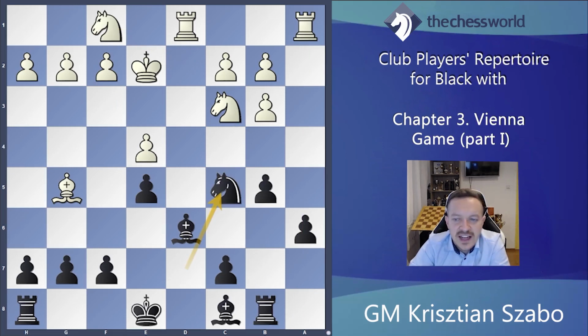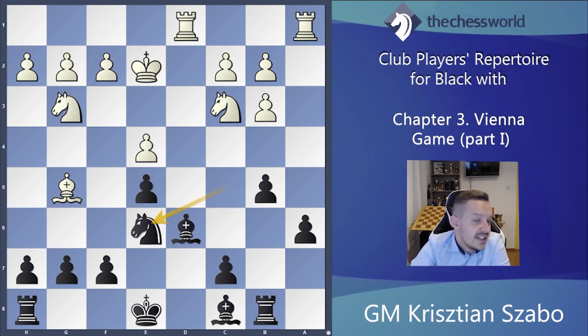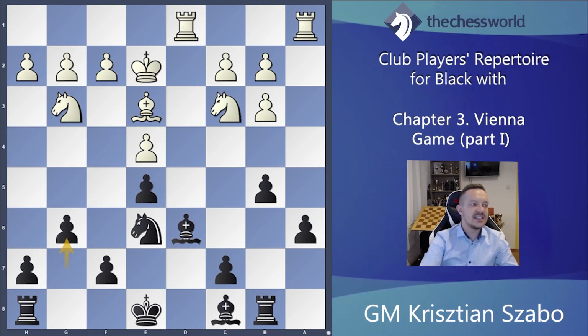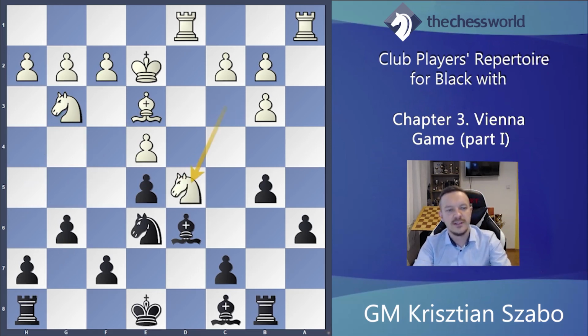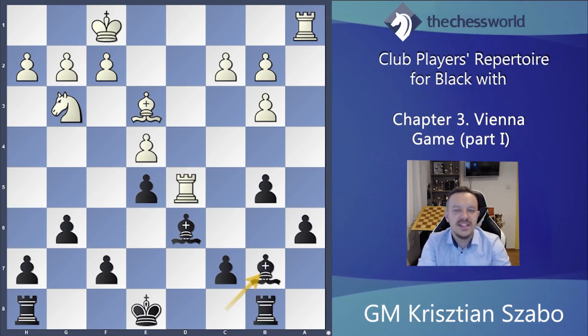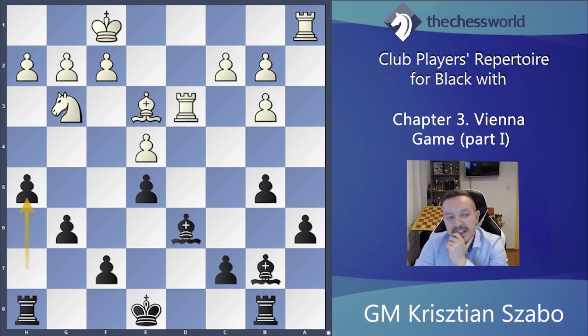Knight f1, knight c5, knight g3, knight e6. Also a nice knight maneuver by both sides, but especially by black. Bishop e3, and now comes a very important typical continuation, g6. Restrict the g3 knight. Yes, he cannot come forward. Knight d5, knight f4 check. King f1, knight d5, rook d5, bishop b7, rook d3, and after h5,